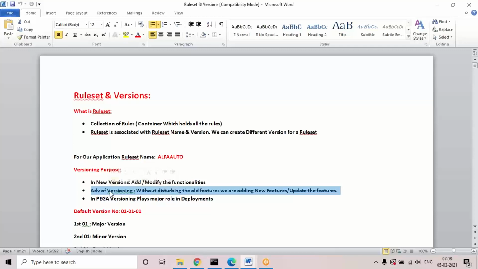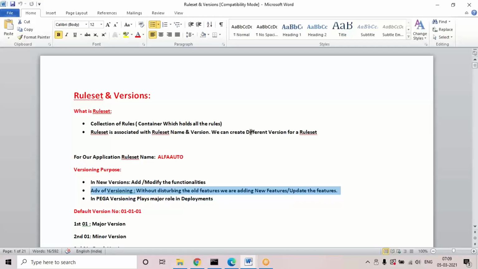Again next time if you want to take the backup from 010102, the minimum version will be given as 010102, and again the maximum version will be given as 010103, like that. So whenever we take a backup, it will be easy for the team also. In order to take the backup, only the latest rules will be backed up every time. No need to take the duplicate rules, meaning the old version rules, no need to take the backup. So whenever they create a backup of the application, again the new rules they want to define, they will be creating in the new version.